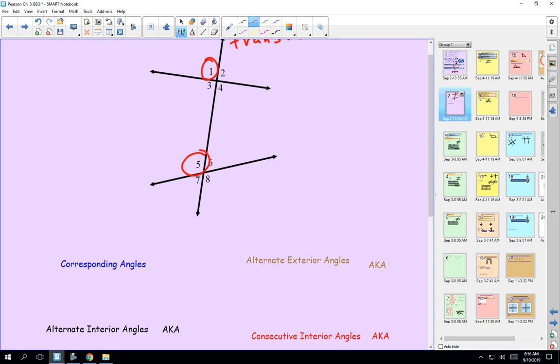Okay, and angle 2 is in the same corresponding position as angle 6, right? And then angle 3 is in the same corresponding position as angle 7. And then angle 4 is in the same corresponding position as angle 8. So corresponding angles are in the same relative position. So let's just write that down as a definition. So same relative position